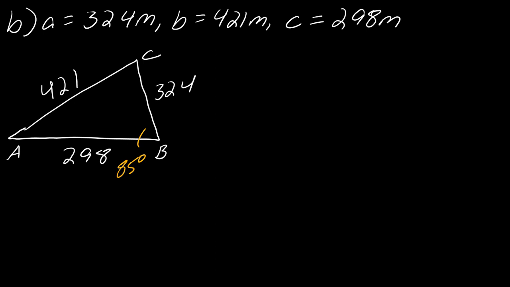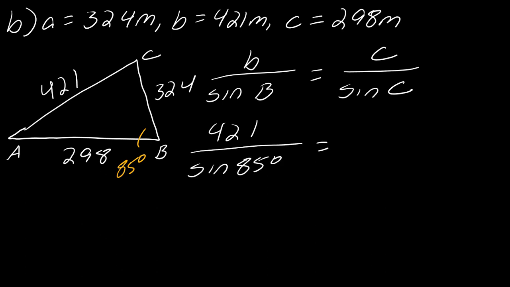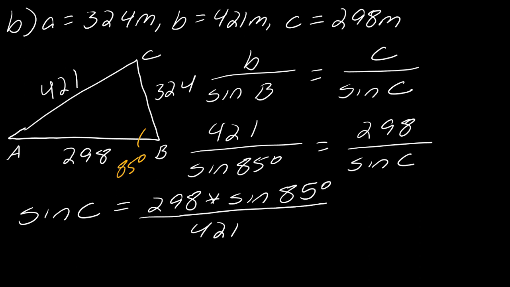Okay, so now let's see. I'll have my side b over my sine of b, let's set that equal to c over sine of c, and we can go through the work now to find this. So this is 421 over sine of 85 degrees, and then this will be 298 over sine of c. So my sine of c will equal 298 times sine of 85 degrees divided by 421,